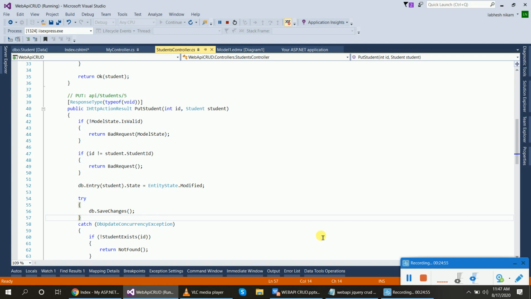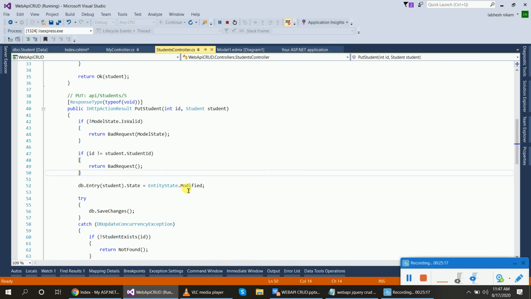What will this update code do? It will first check the model state, is it valid? Is it valid means the data is there? If yes, fine; if not, then it will return a bad request. If the ID does not match the data, then it will create a bad request.